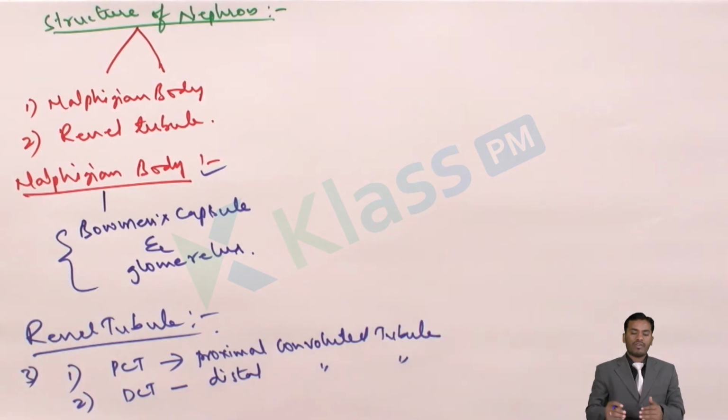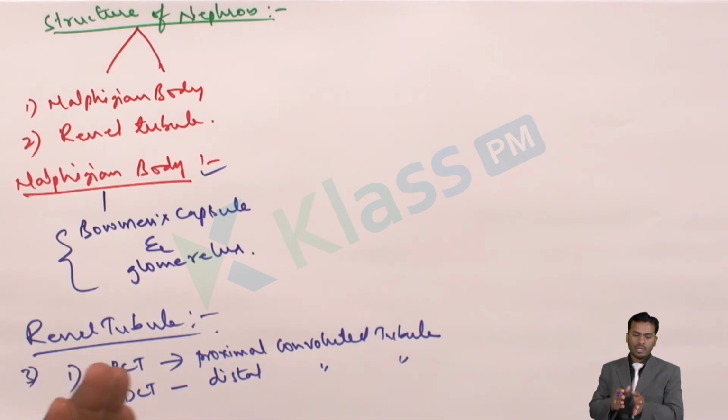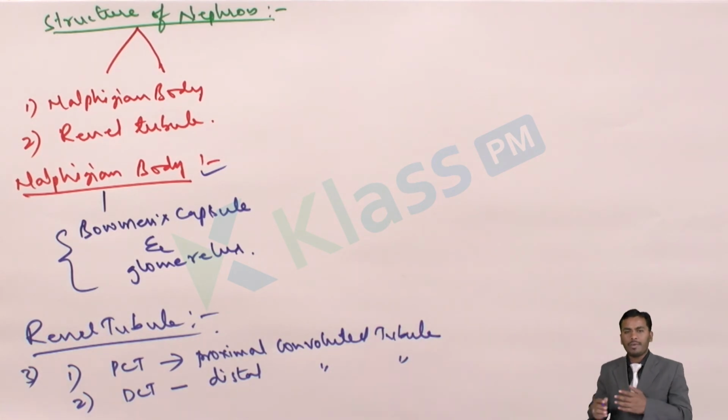The pelvis will be opening into the pyramid, and the pelvis leads into the pyramid and then into the ureter, and from the ureter the urine moves outside, and then it joins the venules and finally the renal vein. That is the end process, where the urine needs to be filtered and the harmful waste needs to be sent out of the body through this renal tube, that will be sent out.